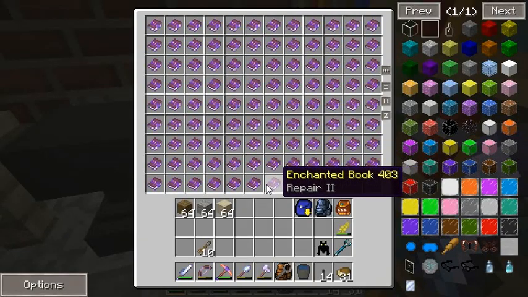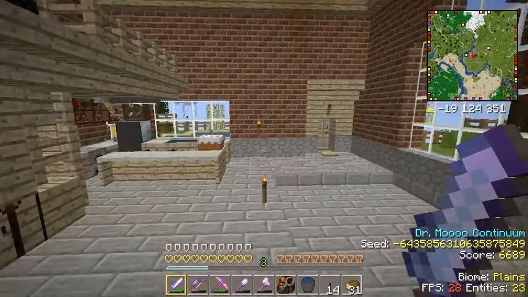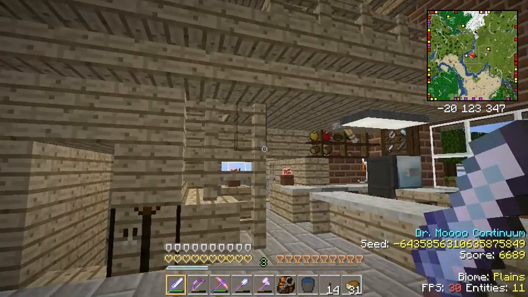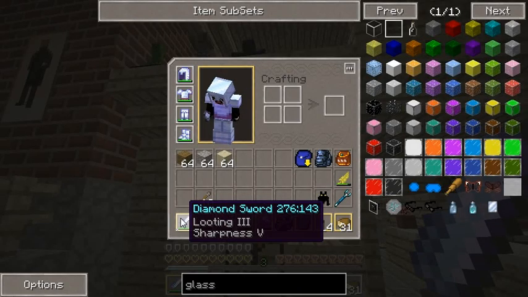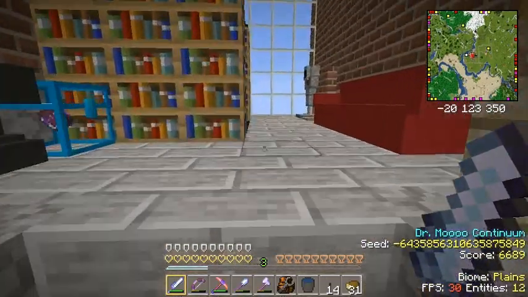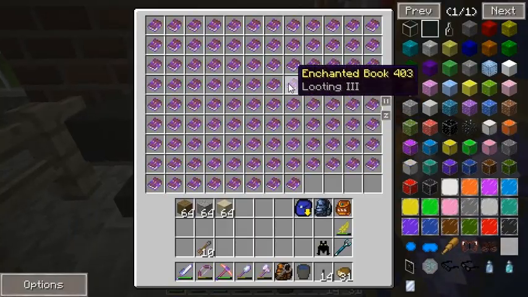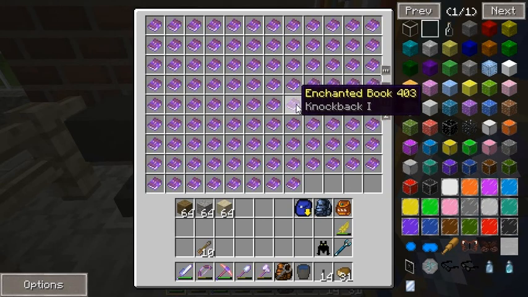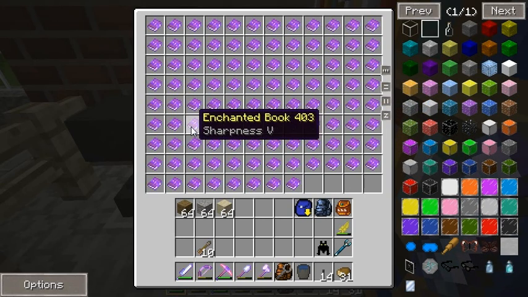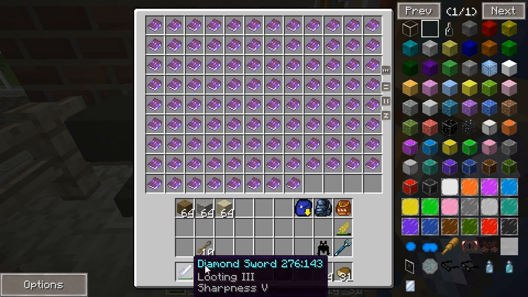We have three extra repair books right now that we can use on some, maybe a sword. Though I might want to disenchant this sword. I've got sharpness 5 and looting 3. Do I have any looting 3? Oh, I do have a couple looting 3 books. Okay, cool. How about sharpness? Oh, I've got a sharpness book too, so I guess I don't have to disenchant this, at least not